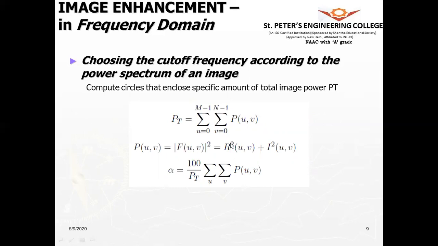So therefore, we take the real part as well as the imaginary part, and alpha gives the percentage of power covered by the particular circle. So therefore, it is multiplied by 100 here. So this is how we will be computing the power spectrum.